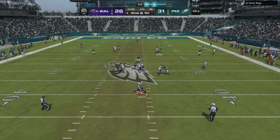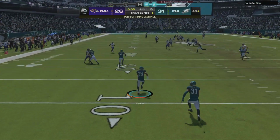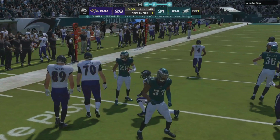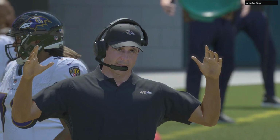Jackson. That's going deep for Bateman. This ball intercepted. Picked off by Avonte Maddox. And the Eagles are going to hang on the final play. They get the turnover to seal this football game. Well, this was a